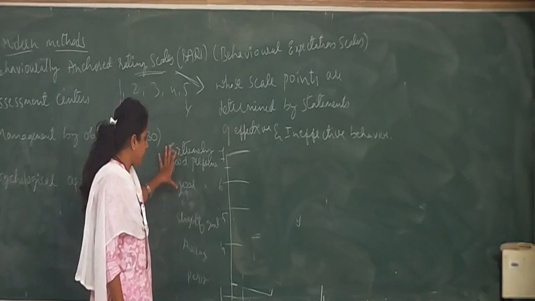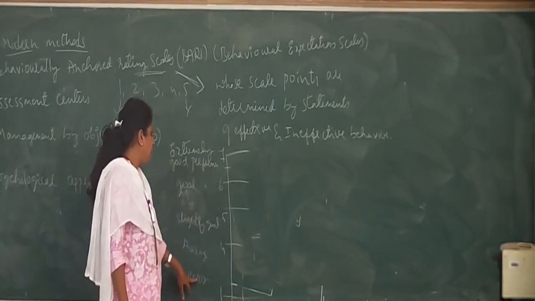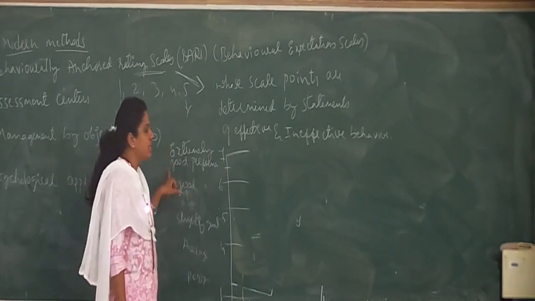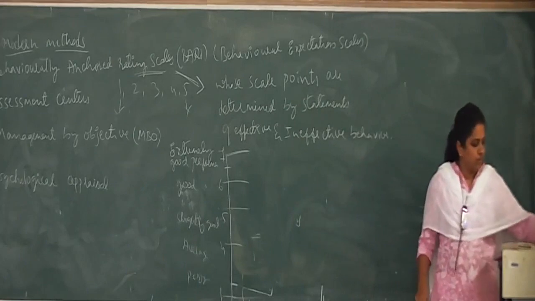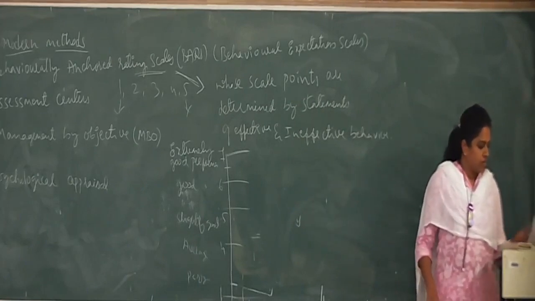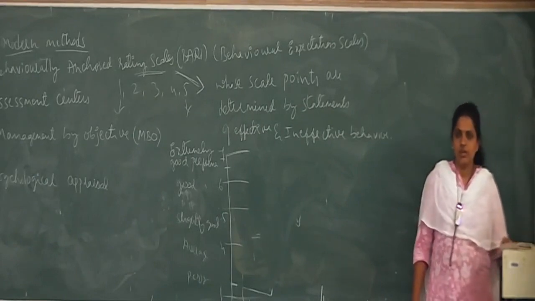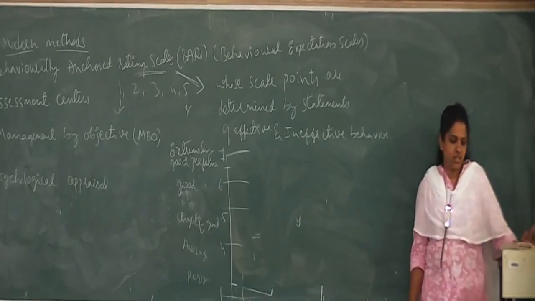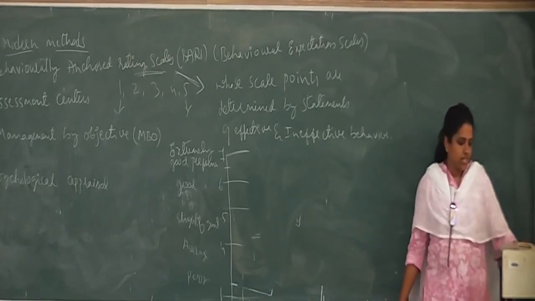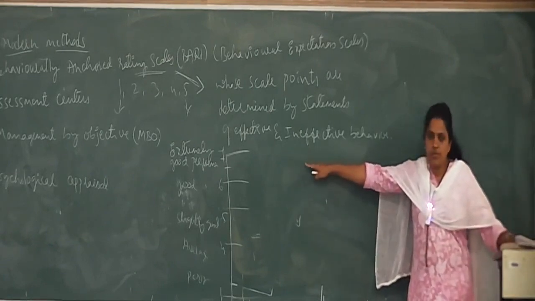I'll just read them out. Here they have mentioned scales from 1 to 7, from extremely poor to extremely good performance. This is the example given in your Ashwathappa textbook. They have taken this for a grocery checker's job. In a grocery shop, there is a salesperson called a grocery checker. For him, they have taken. I'll just read them out. For the extremely good performance.